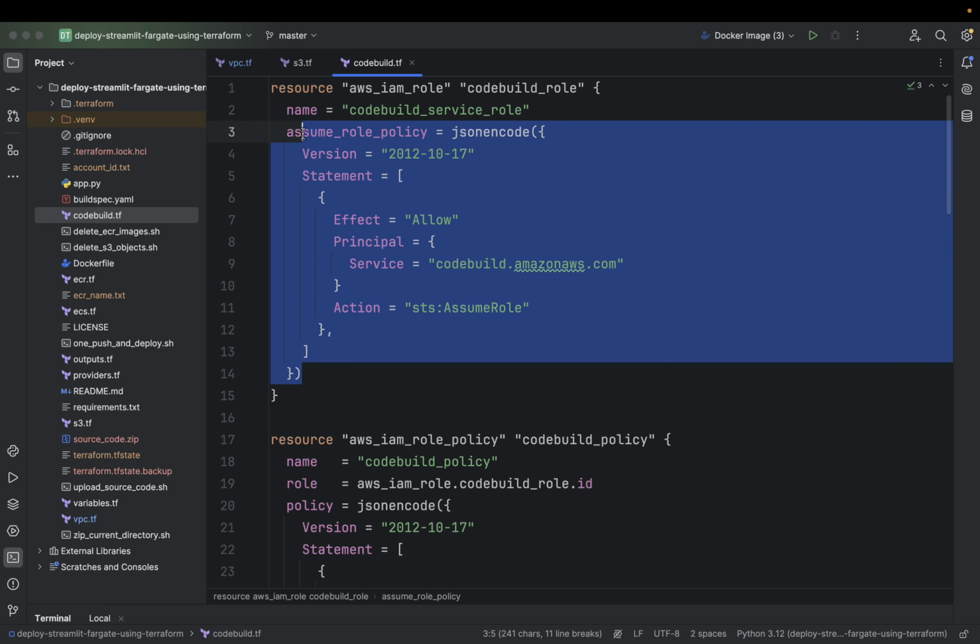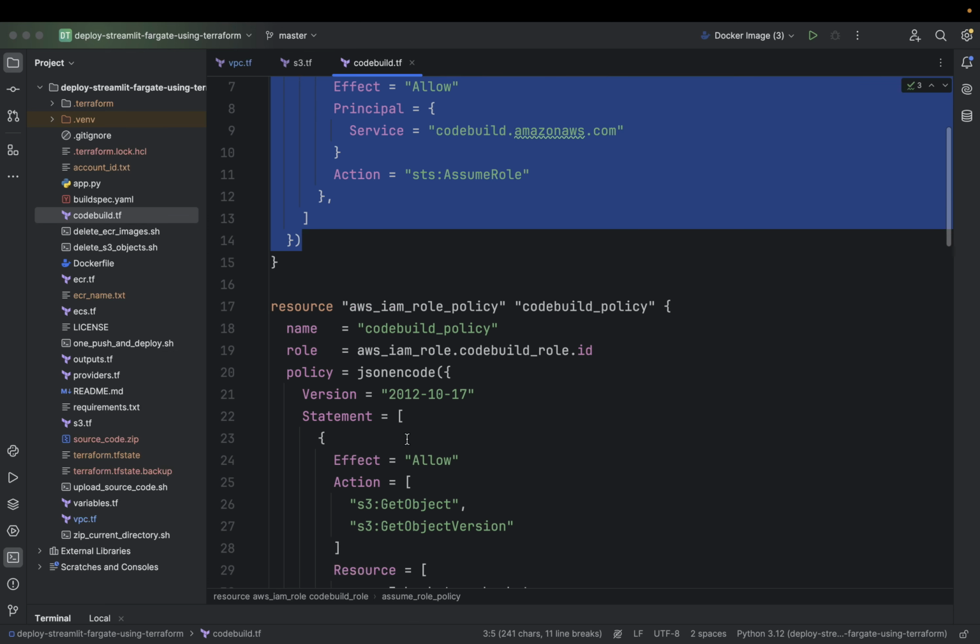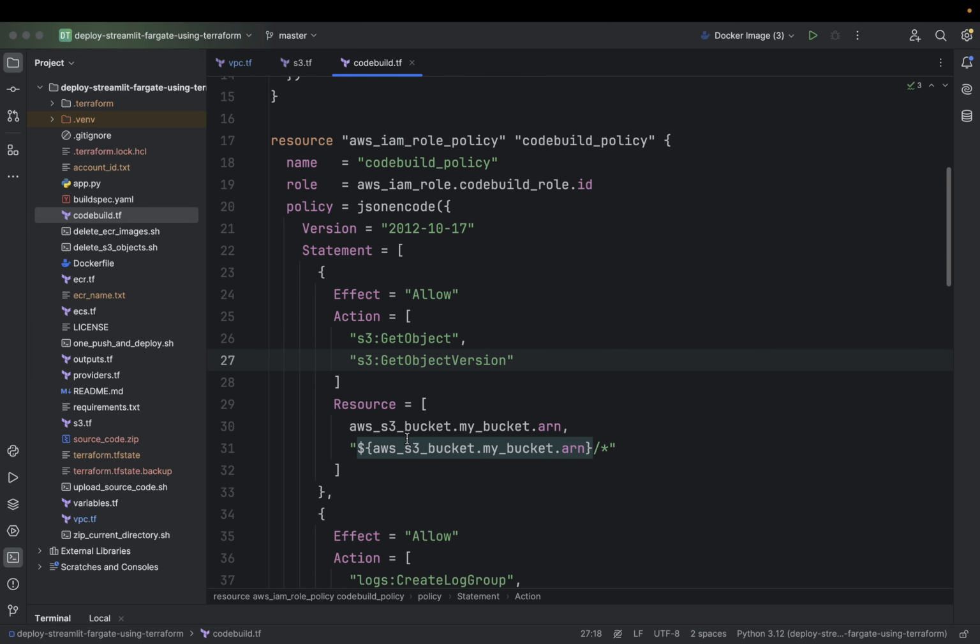I mean this block. Next, we attach policies to this role, aws_iam_role_policy and codebuild policy, which grants permission to interact with the S3 bucket, CloudWatch logs, and Amazon ECR. This includes actions such as s3:GetObject and s3:GetObjectVersion.